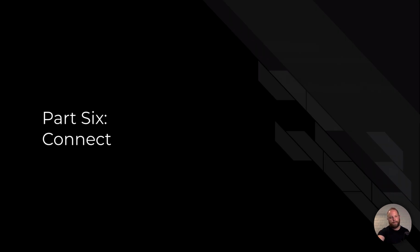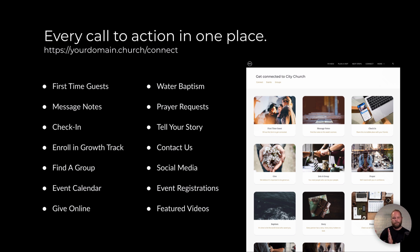Okay, and then part 6 is a connect page, and this is that same page we mentioned earlier with the first-time guest form. You can continually drive people back to the single page where all the interactions, all the next steps, all the calls to action that you place before your people are in one place. So whether that's checking into social media on Sundays or sharing a prayer request, joining a small group, giving online, signing up to get baptized, sharing their testimony, checking out just the regular calendar of events, whatever it is that